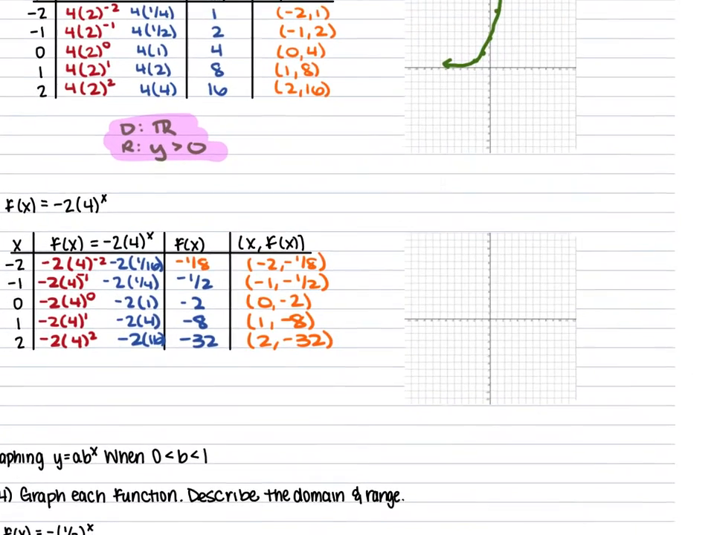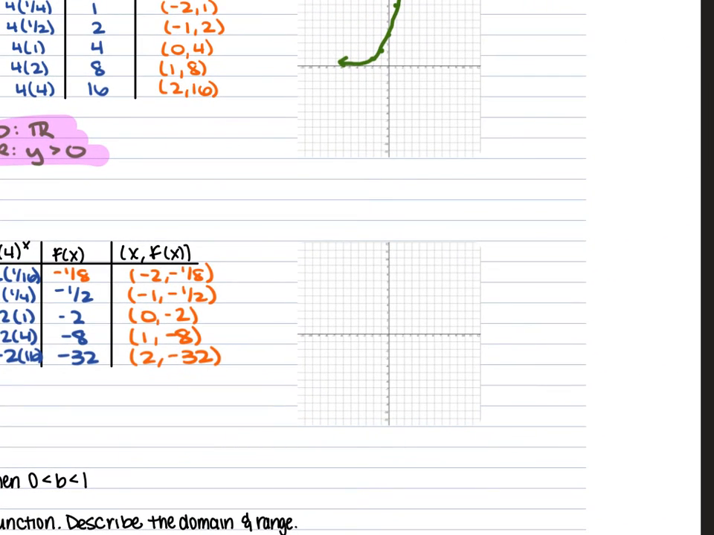So plotting these on your coordinate plane, starting with that negative 2, negative 1/8. I'm going to go to the left 2, down 1/8. And again, it's going to be really, really close to that x-axis, but it's not going to be on it or cross it. Then I have negative 1, negative 1/2. So right in the middle there. Then 0, negative 2, 1, negative 8. And that 2, negative 32, I'm not going to fit on this coordinate plane, so I'm just going to draw my line